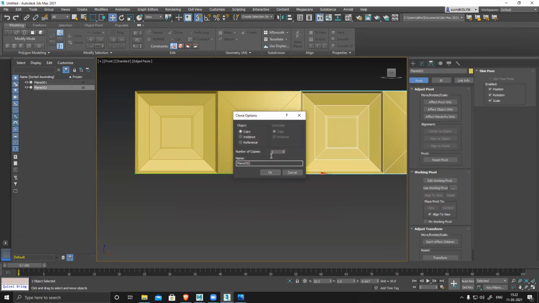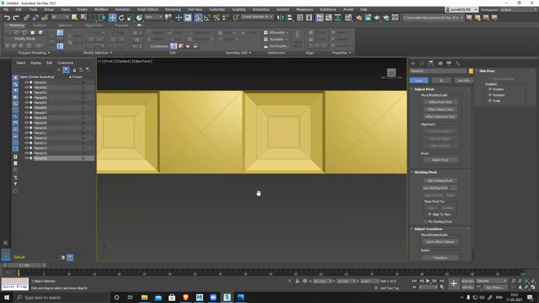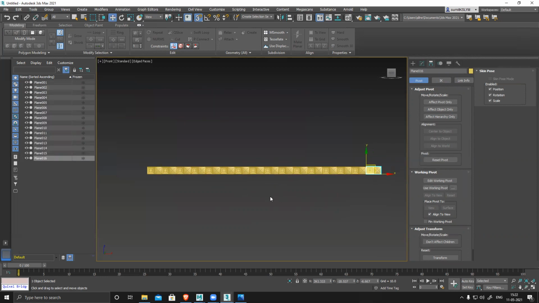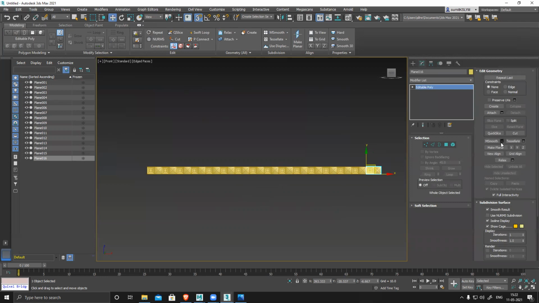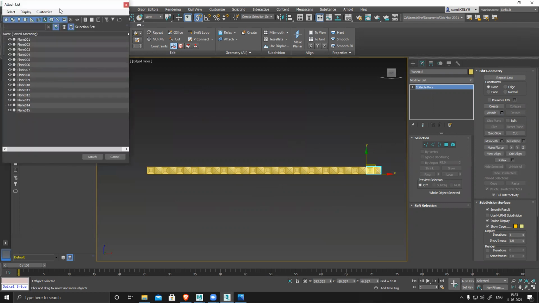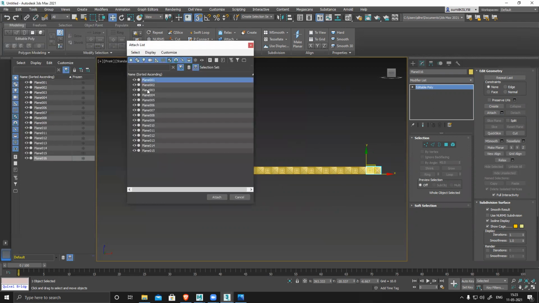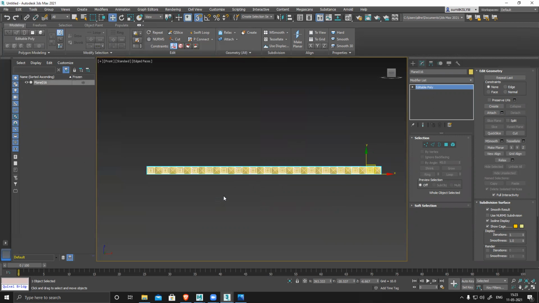Shift and drag, duplicate 15 times. Create this entire thing. Now I can go to attach list, select all of them, attach. So everything becomes part of this one object.